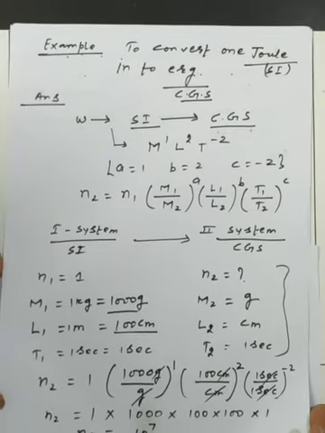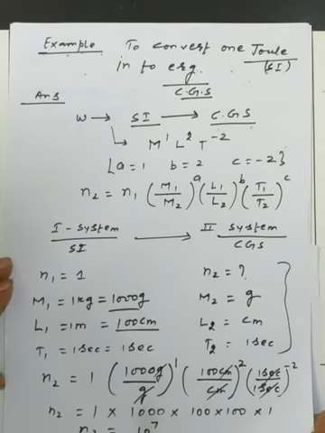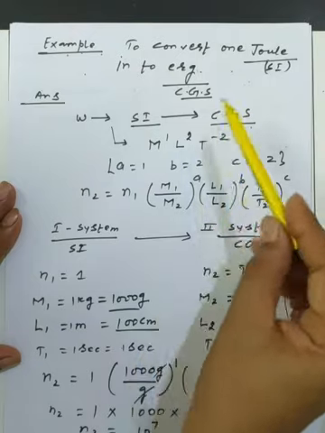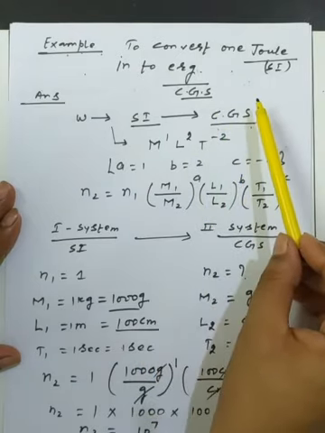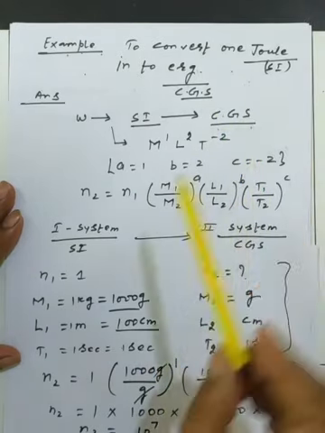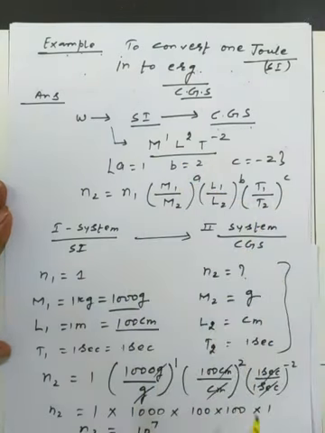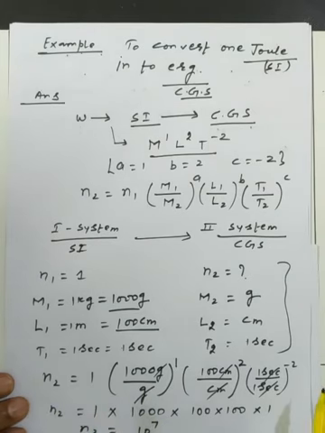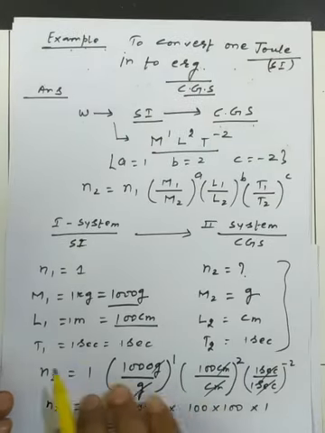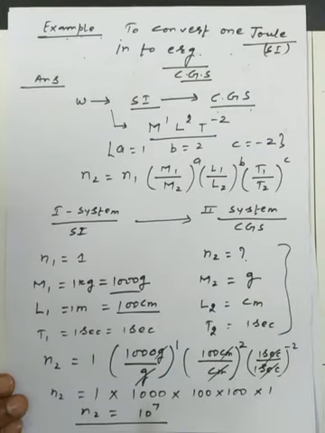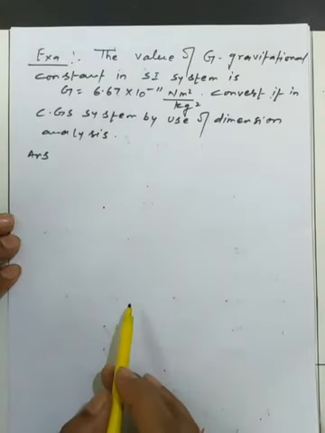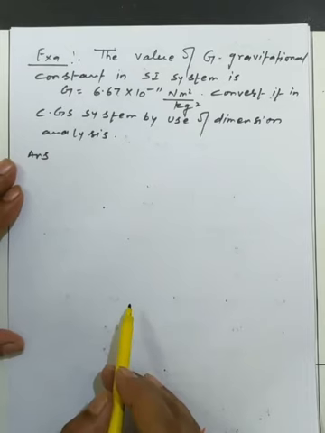So first we have to write the formula, then we have to identify the quantity which we have been given for the conversion. What is the possible dimension of the physical quantity? We should write in a systematic manner, and then we make the conversion from one system to another. This is one of the basic examples we have of conversion. Now students, we have another example of the conversion method by the use of dimension analysis.